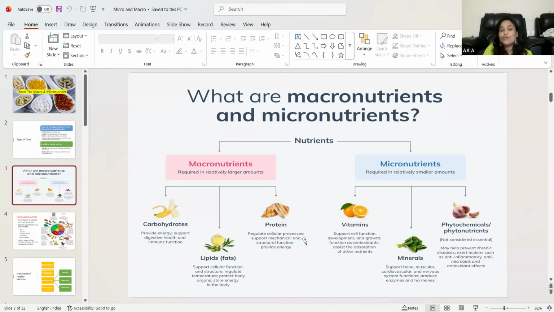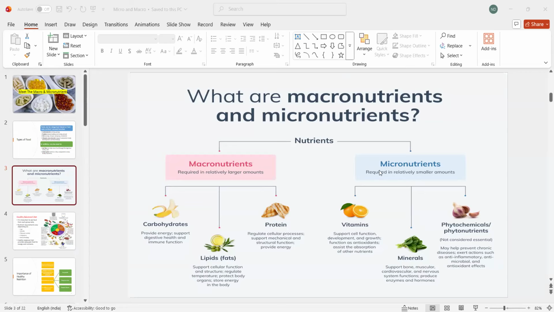What does nutrition mean? How many of you know about nutrition? What is the meaning, the definition, of nutrition? Nutrition is the total process of eating food, then digestion, then the absorption of nutrients from the food for the body's functions, which we study in a scientific way.